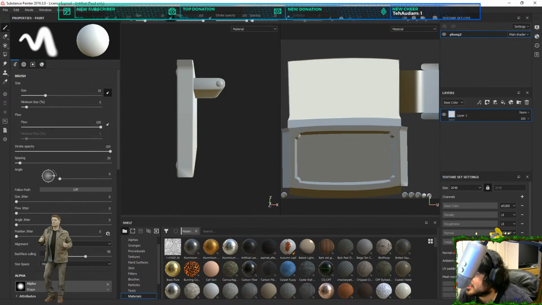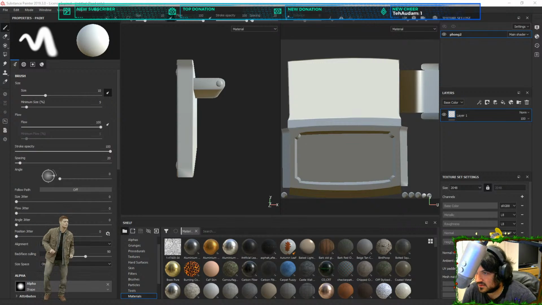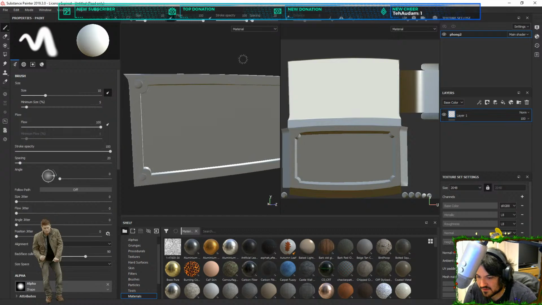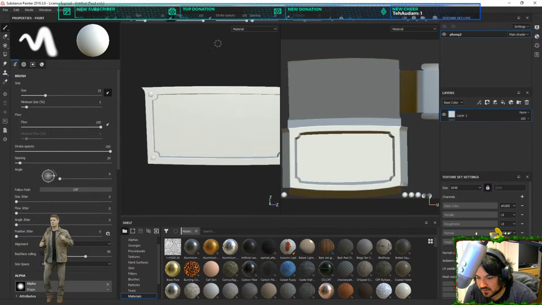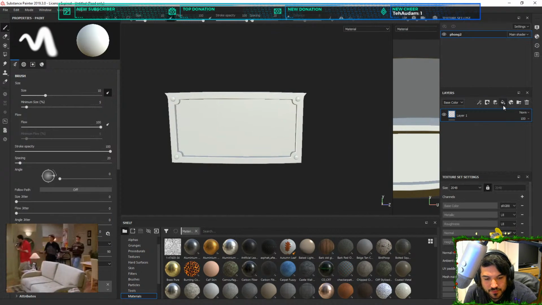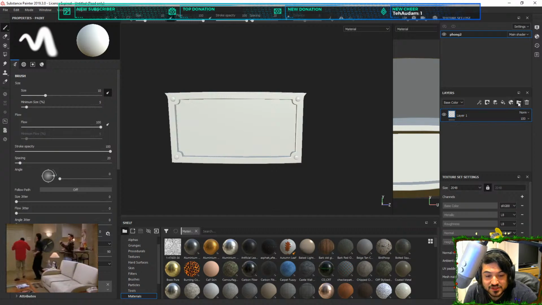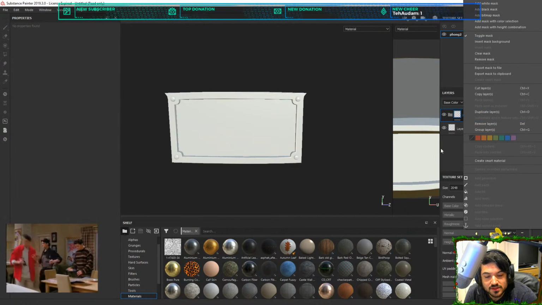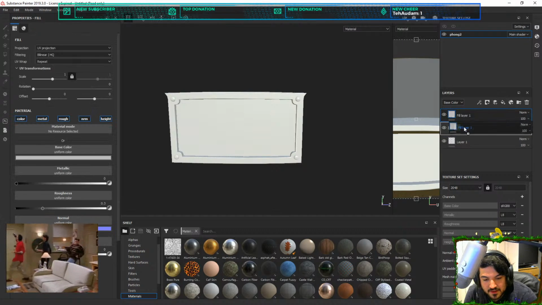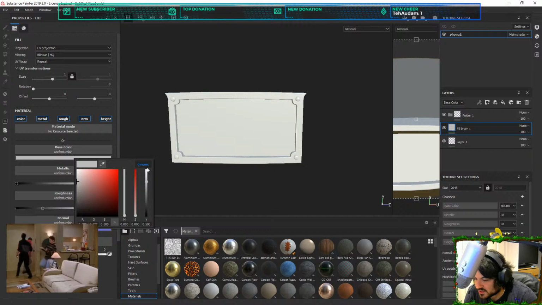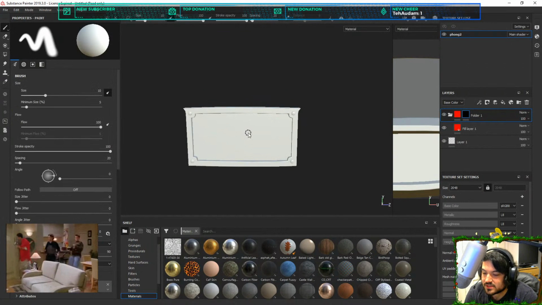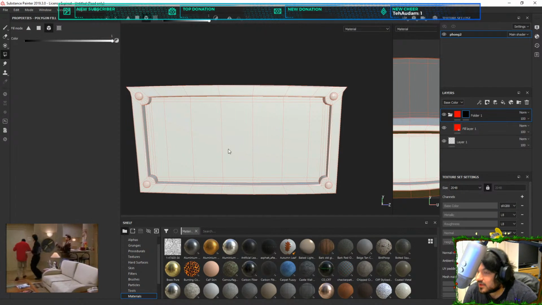Alright, gotta keep the image up so I got a good reference. Okay, so we'll get all the base color sorted first, like I did yesterday. So actually, first thing we do is get folders, get a fill layer, change the color to whatever I want for now, just so I know what's being selected. Black mask. Select what I want.